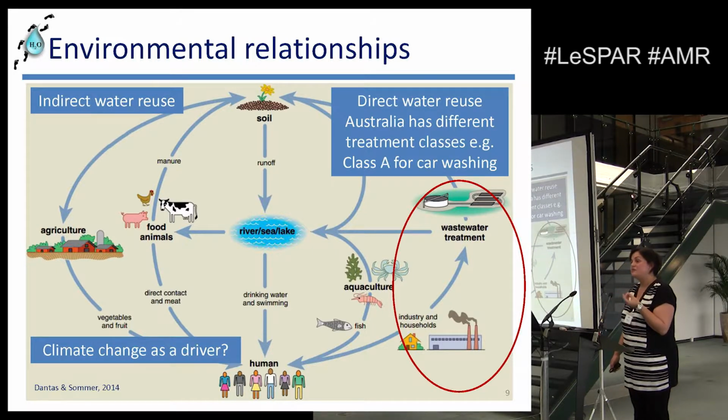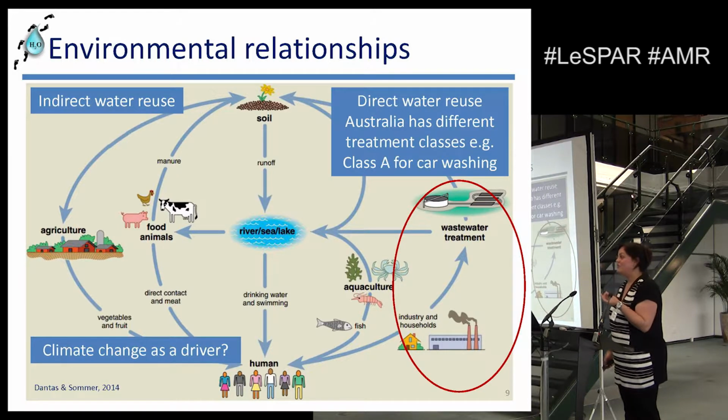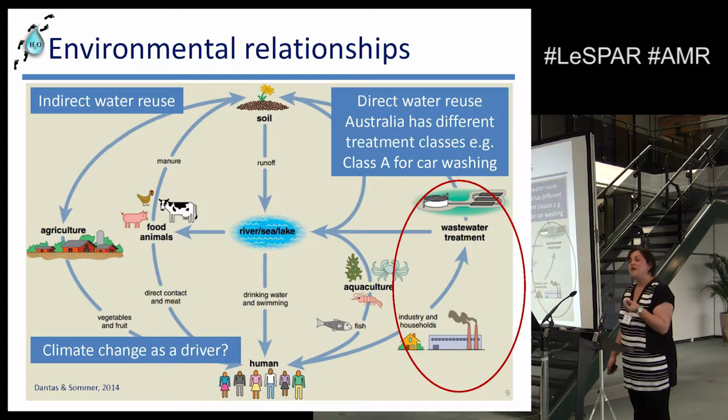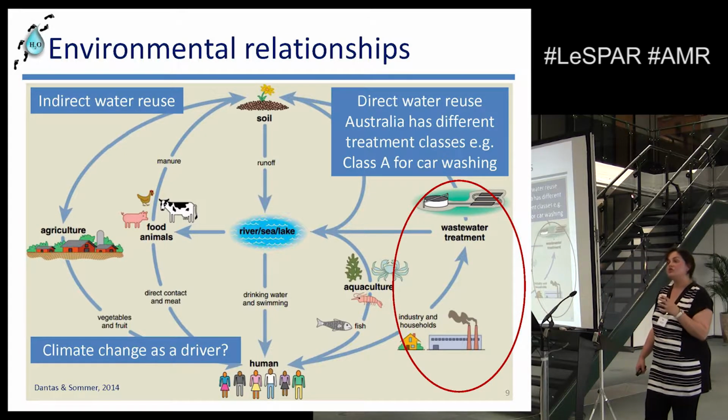So it leaves that wastewater treatment plant, they don't call it that, they actually call it water reclamation plants over there. It leaves that plant and it will go directly to a tap outside of a house in a community, and they will then use that for car washing. Obviously with the spray, that's why you have that higher level of treatment. So you've got much closer contact, and a different route by which it can apply to humans.